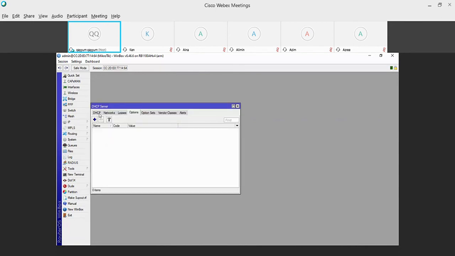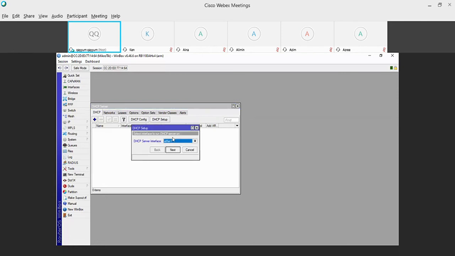The easiest method of creating the DHCP server is to follow the DHCP setup wizard. You just click DHCP setup and it will prompt you with the wizard. First the interface: we want the DHCP server running on the bridge interface, so we select the bridge interface.